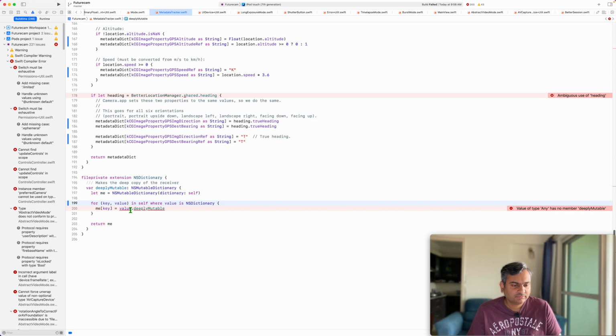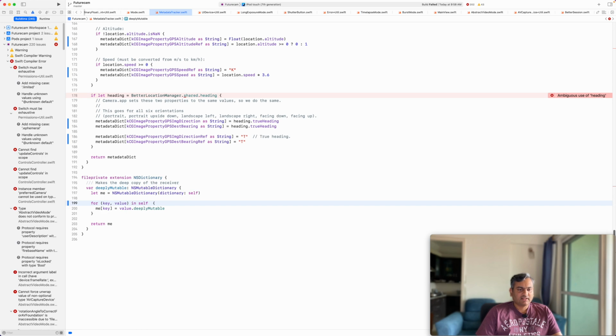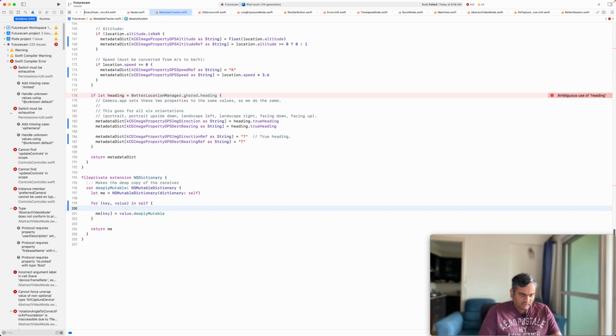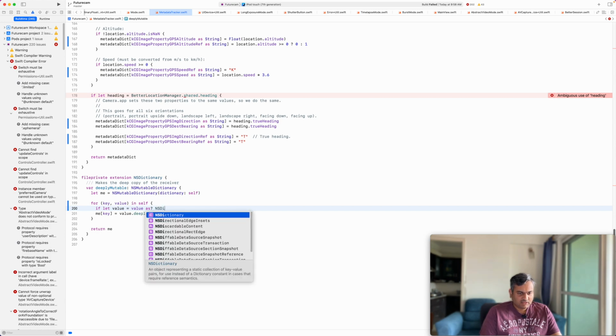It's not an any. So this is just a standard iteration, but you are specifying that you want only values that match this, but still the static type is not this. So there are two ways of fixing it. One is you can add another as like this, but that's not type safe and it's redundant. Why are you checking once and casting again? I would say here if let value equal to value as NS dictionary,